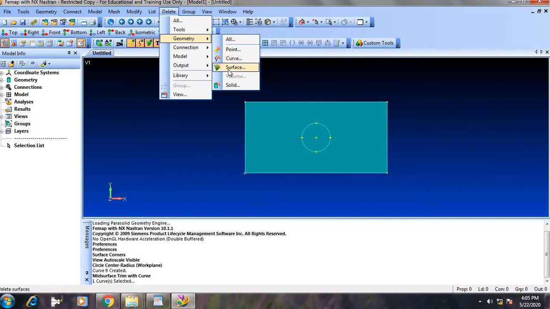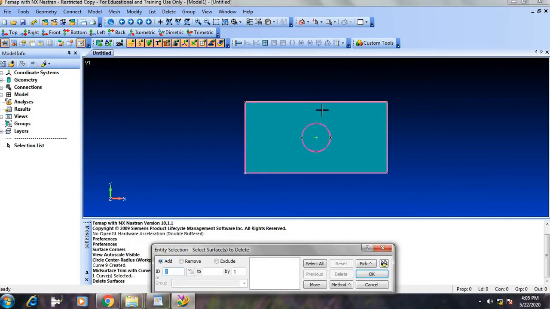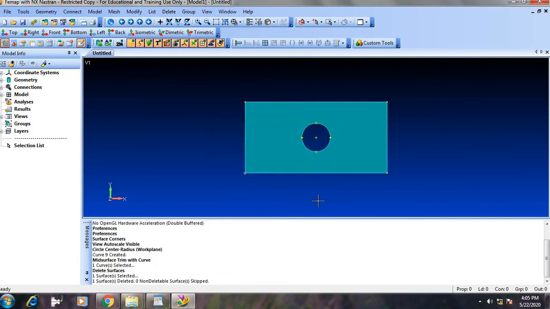geometry and then go for surface. And remember, you have to select the hole for this. So just select it. So this is a plate plus 2 and plus 1 is the hole. So plus 2 you just delete it. So the plus 1 will be selected. Press OK. Just give OK. So the particular circle which you have drawn is been cut into a hole. So now the plate with the hole is ready.